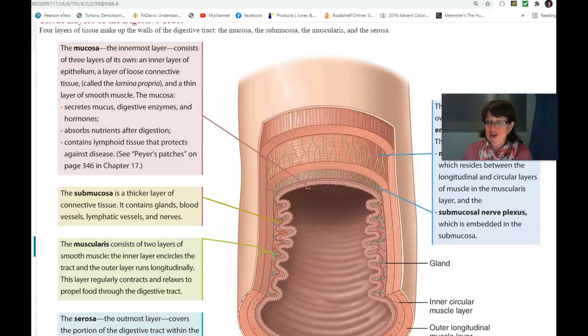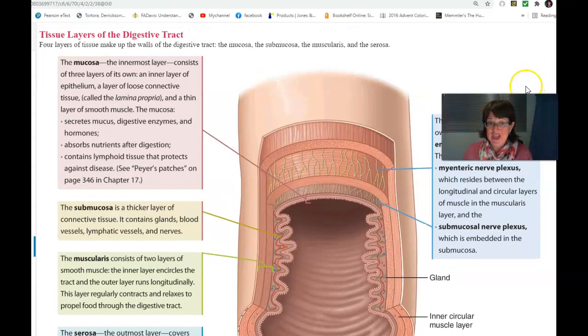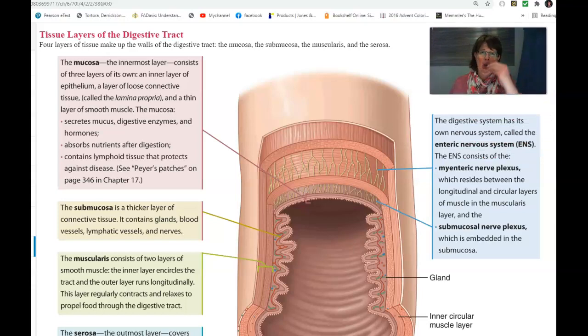Okay, there are layers to the digestive tract. Again, we talk about organs having layers of tissues, and tissues working together. So what we're going to look at is 4 layers. The first one is called the mucosa. The mucosa is the innermost layer, and it itself has 3 layers, but don't worry too much about it,